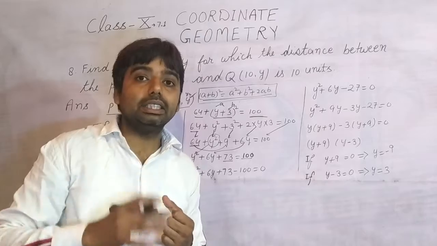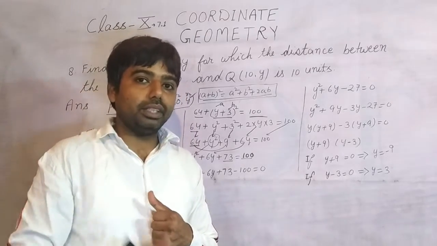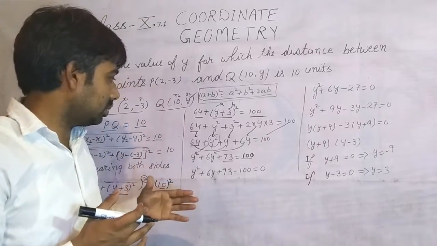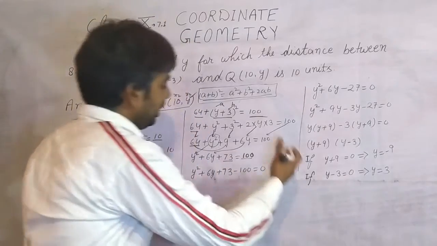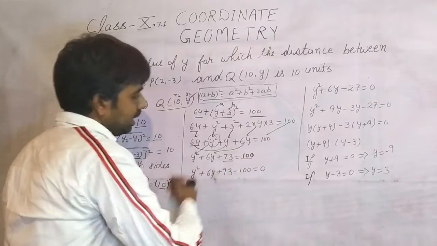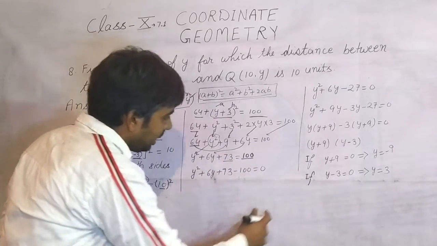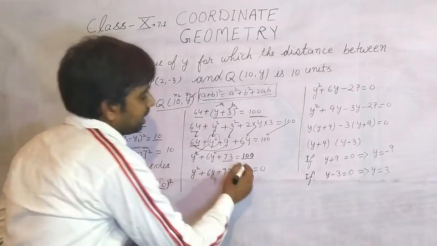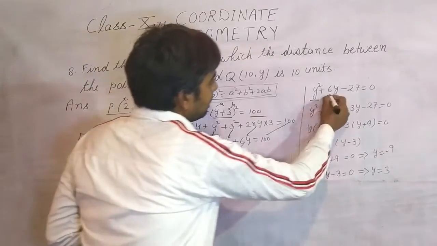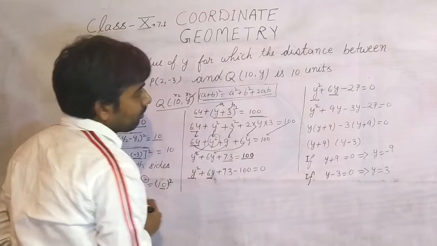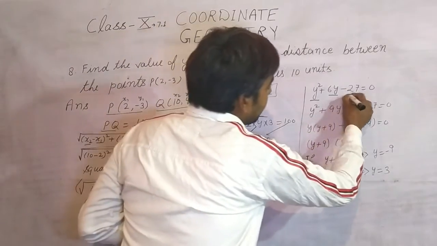If I am taking 73 on that side, I am having two things, y squared and simple y. It means it is a quadratic equation, and we are required to solve this equation with the quadratic formula or quadratic rules, I should say. So for this I should take 100 to this side. 100 is plus, so as I shifted 100 to this side, it becomes minus. y squared, and 6y. This is 6y. 73 minus 100 is minus 27.